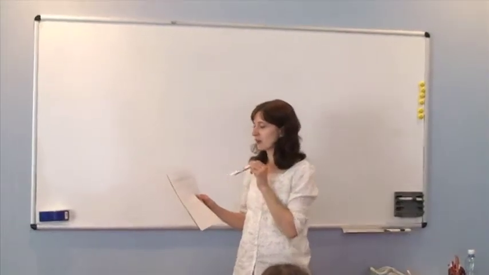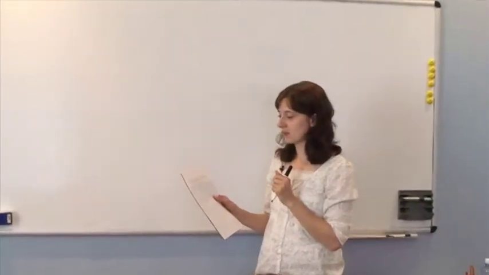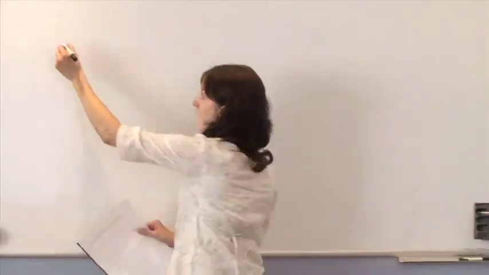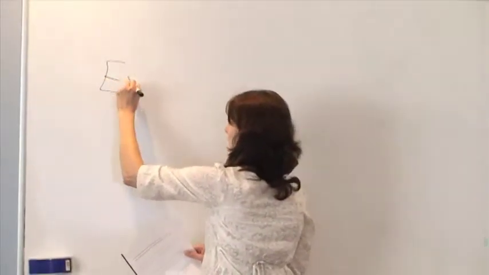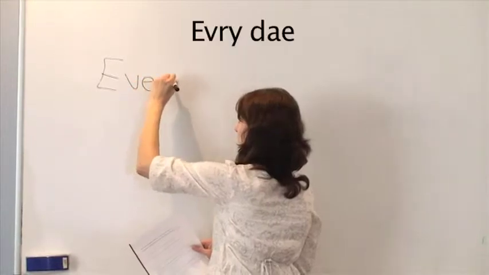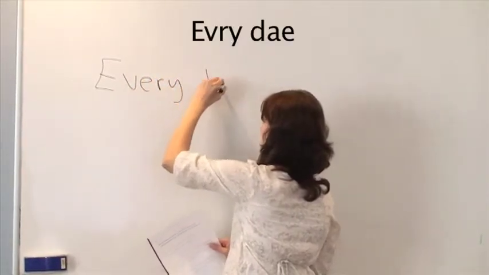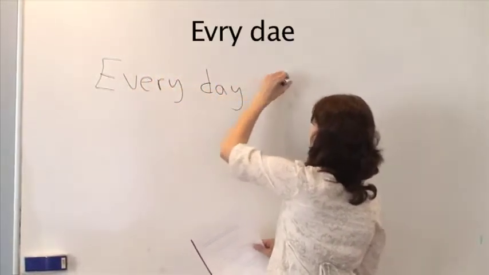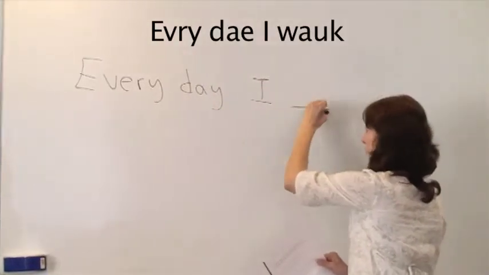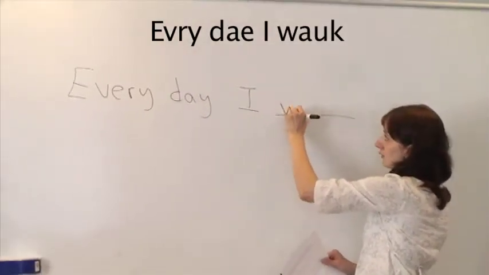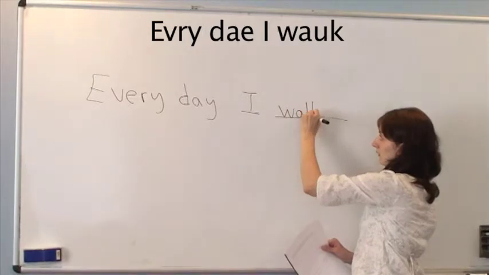So we're going to do a worksheet now, and on it you're going to write down 3 things about yourself. One of them isn't true and 2 of them are true. So you might write every day I, something like maybe you walk, maybe you could put there.